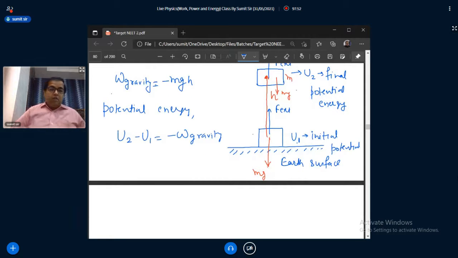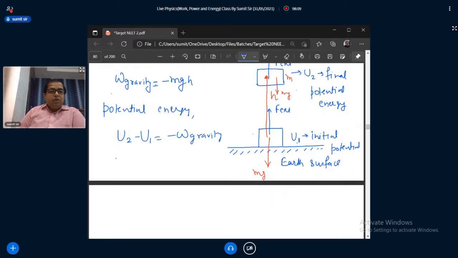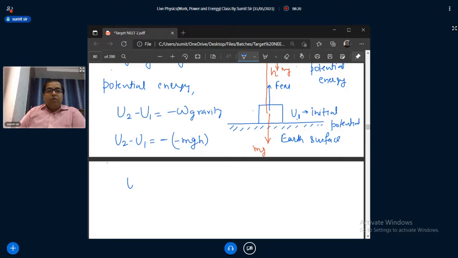So U2 minus U1 is equal to the negative of the work done by gravity, which is minus mgh. So we can write U2 minus U1 is equal to